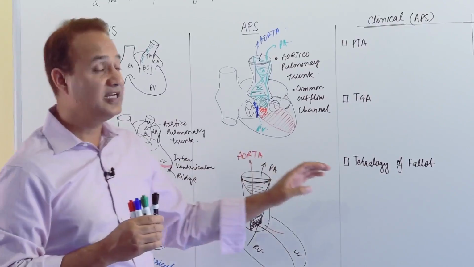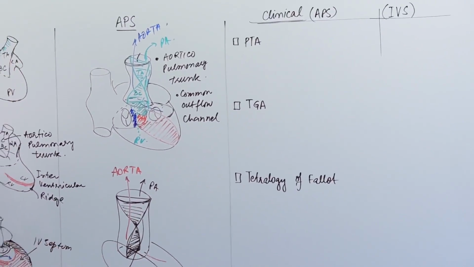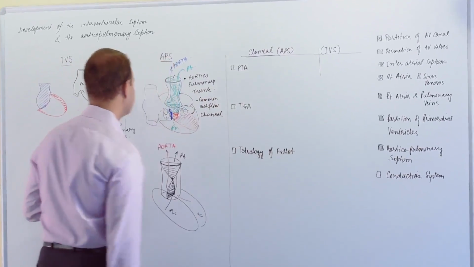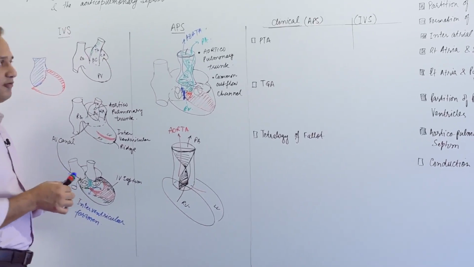Now let's go to the clinical considerations, what happens. So there are some very important embryological problems that we should be aware of. Let's handle the interventricular septal problems first. So those are the problems here. These are very simple. First one is